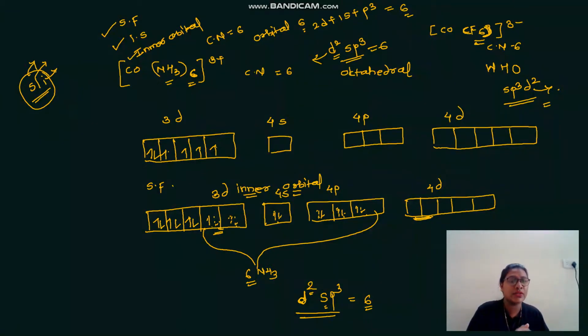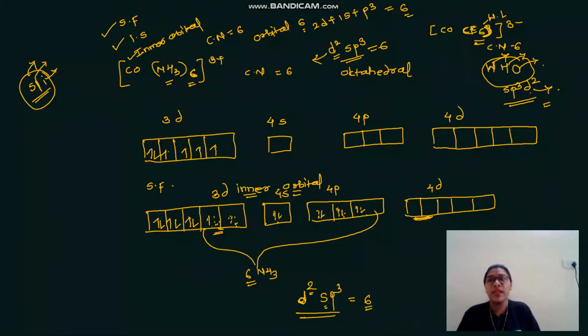These are the outer orbitals, these are the inner orbitals. Why are outer orbitals used here? Because of the weak field ligand. For weak field ligand, remember one term: who. Weak field ligand, high spin complex, outer orbitals are used. Outer orbitals are d2. This is the trick. For strong field ligand, the complex is low spin, inner orbitals are used. Therefore, d2sp3 hybridization. For weak field ligand, high spin complex, outer orbitals are used. Therefore, the hybridization is sp3d2. Now we can see in detail how to calculate the hybridization of [CoF6]3-.